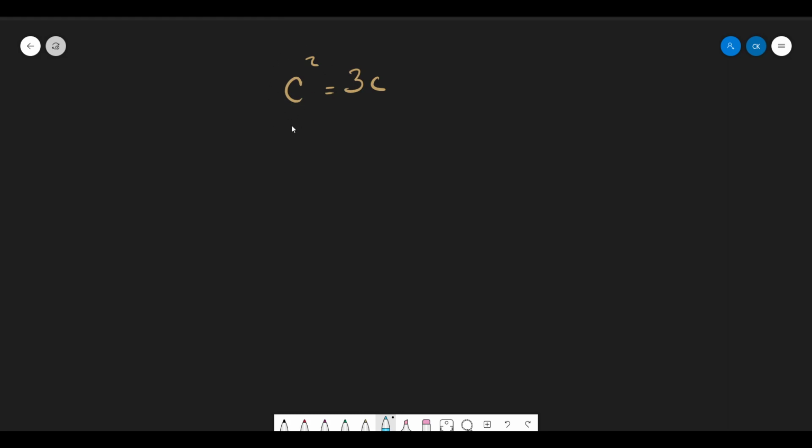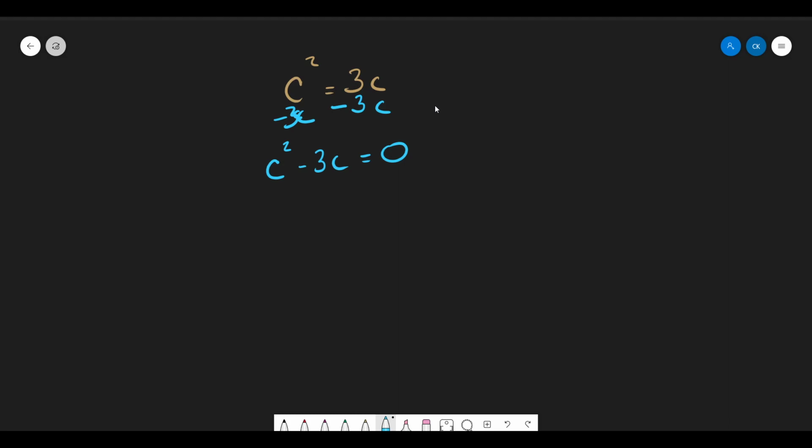Normally I like to leave the c squared alone. I don't like moving it unless it's negative. If it's negative, then I'll move the c squared. But because my c squared is positive, I'm going to look to move the 3c to the other side. So in order to move it to the other side, I want to subtract 3c from both sides. Now because c squared and 3c are not like terms, I can't actually subtract them, so I say c squared minus 3c. 3c minus 3c becomes 0,